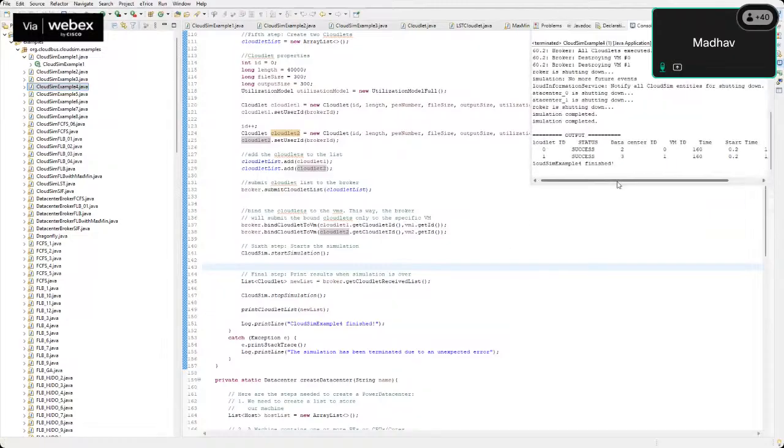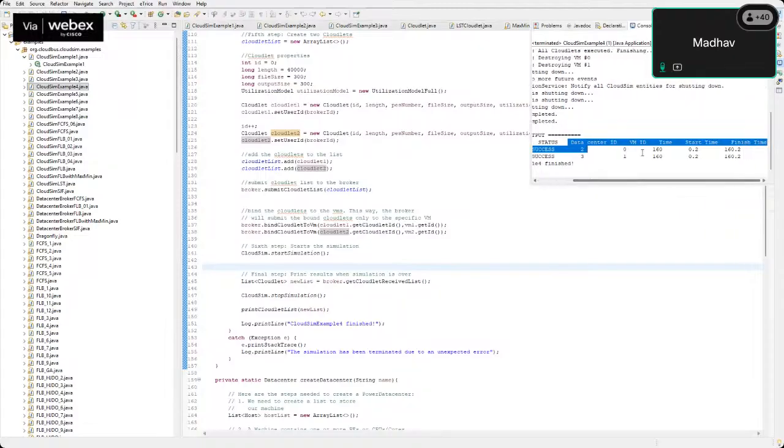Now see, the data center ID is 2 and cloudlet ID is 0, meaning this output is showing that cloudlet ID 0 is assigned to data center 2 with VM ID 0, and the starting time of the CloudSim is 160 milliseconds. Okay, and the finish time, see the variation,